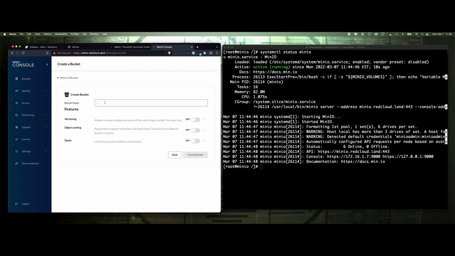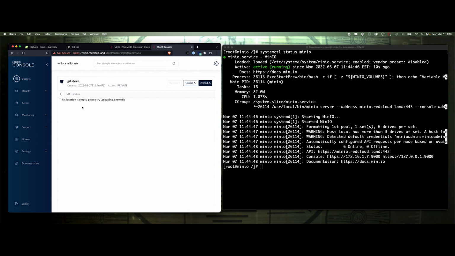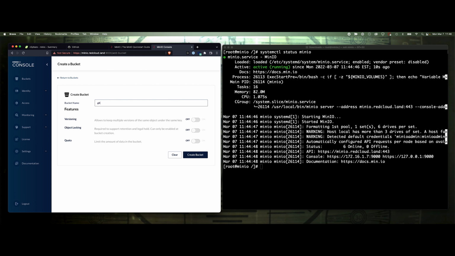Let's create 2 buckets. We'll create one, get store, and I'll use this for the packages. And so we'll create store, there we go. And then let's create another one. And we'll call this get